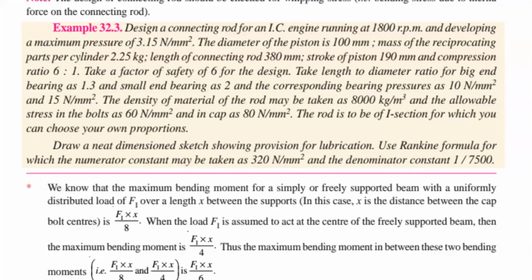Suppose they ask you to find the dimensions of the crank pin and piston pin, then you apply your principle up to the dimensions of the crank pin and piston pin. Right? You have 4 steps in your connecting rod. First is the dimension of the cross section. Second is the dimensions of the crank pin and piston pin. Third is the size of the bolt. And fourth is the thickness. These are the 4 very important steps to determine the dimensions of the connecting rod. You simply follow those 4 steps according to your given problem.